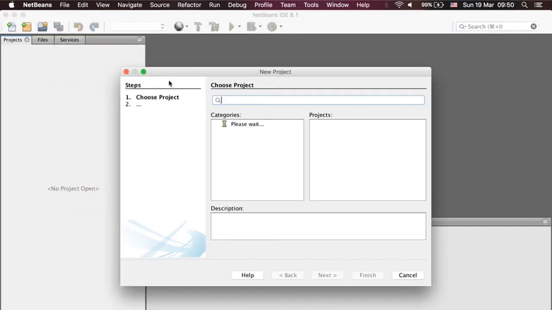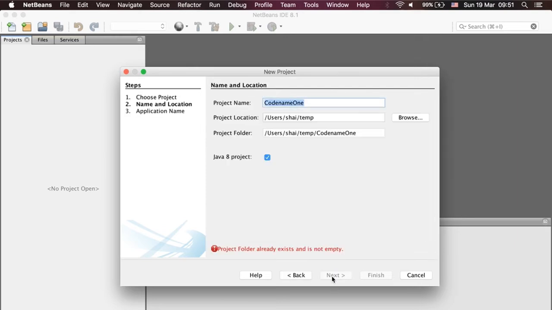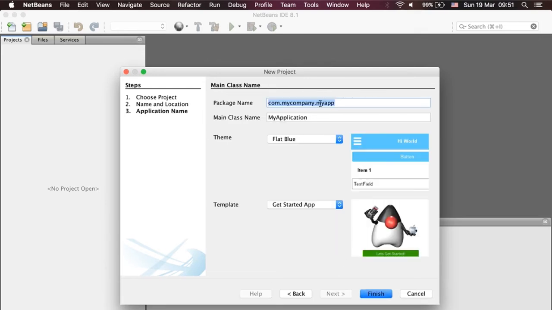So let's start by creating a new project, and I'll create a simple bare bones application. Almost every project that I create is just a standard bare bones application with nothing in it, so I can add it myself. I use the native theme, and it's important to define a correct package name at this stage. If you don't know that by now, don't use Codename One for your names, please. I see lots of people do that. Please don't do that. That's not a good idea,